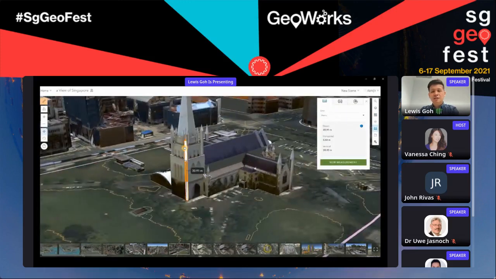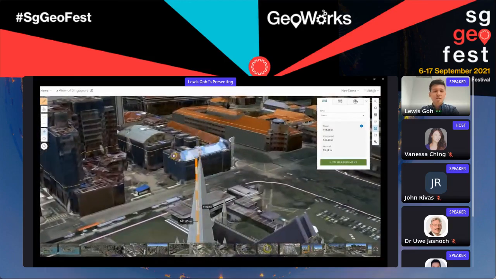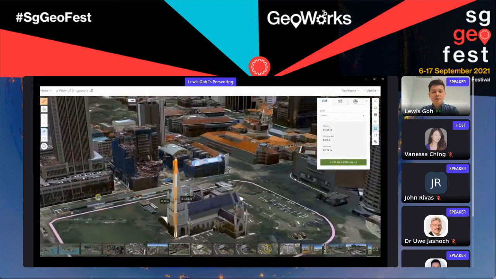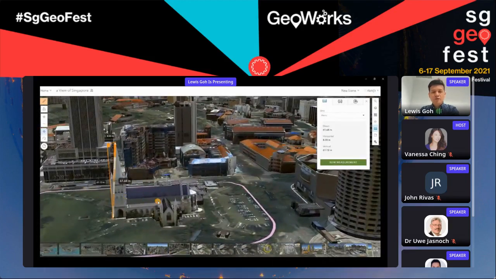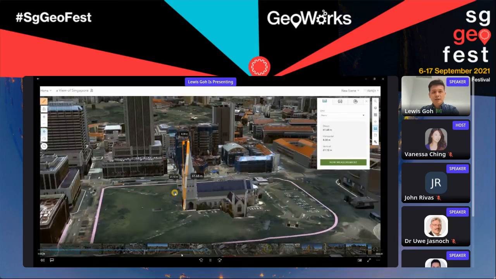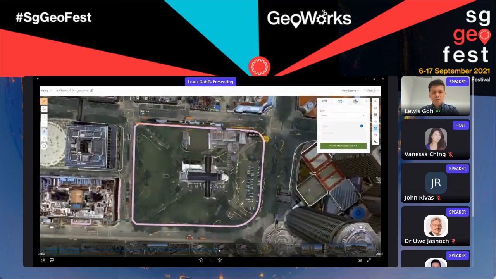Importantly, from an AEC point of view, our spatial analytics tools allow users to take accurate measurements of the cathedral. In this example, you can see the height of the building that is being measured. This allows for easy retrieval of information from a model. The land area of the cathedral can also be measured, allowing users to size up the land use space for this structure, as you can see in this demo.